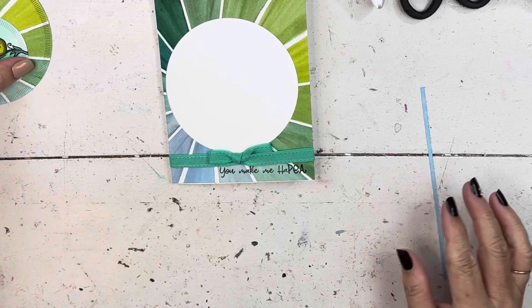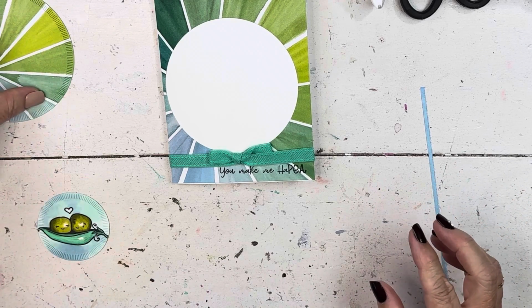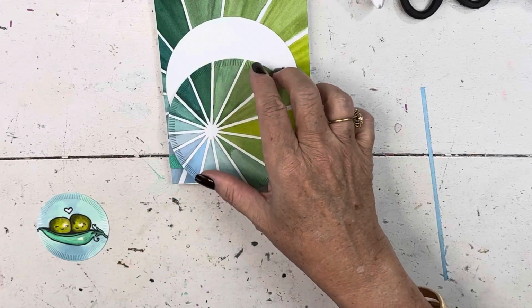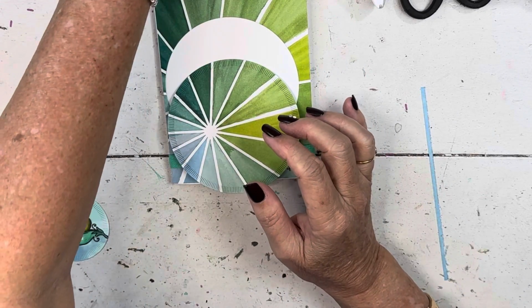Isn't that fun? Now we'll put this in, and I'm going to do this first because I want to be able to match it up. But I want it to be popped so it's obvious that there's a difference. Let's grab our...